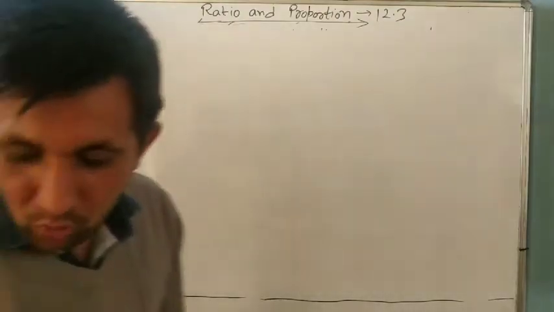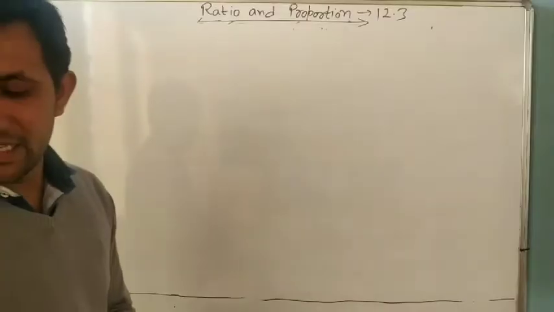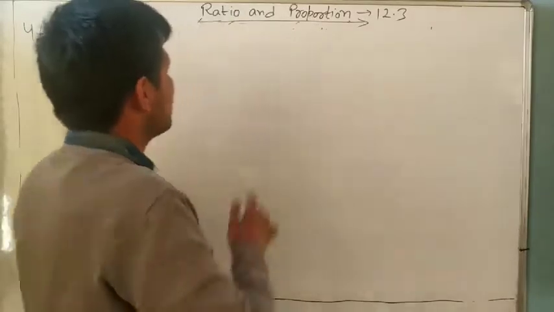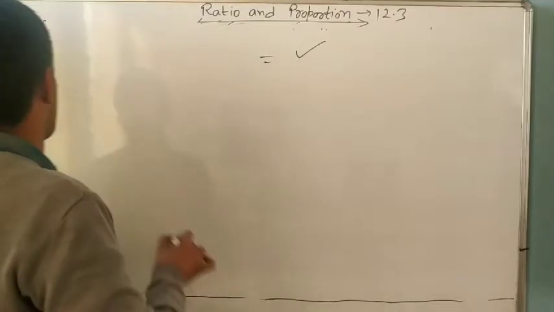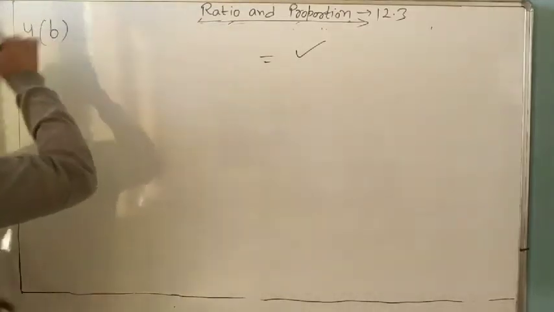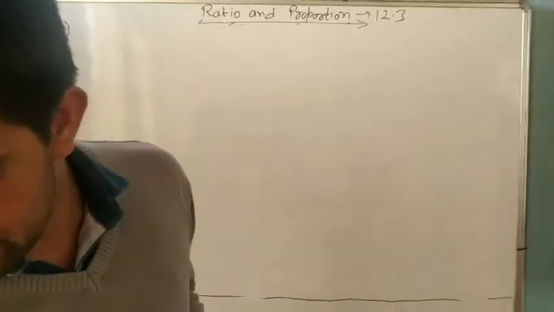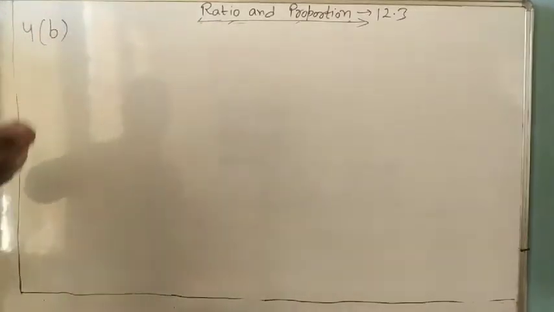What is given? The cost of 5 kg wheat is 30.50 rupees. So what is the cost of 8 kg? So it means after the equal sign we will write the cost. That is the A part. But now we are doing the B part. The A part is same as question number 1 or example number 11. Both are the same. You can do it yourself. Now the B part we will do.